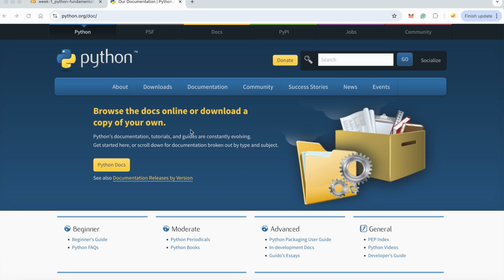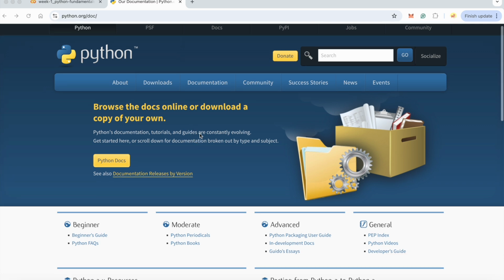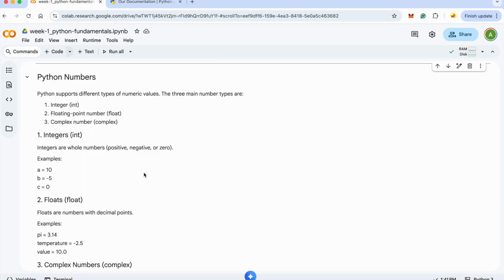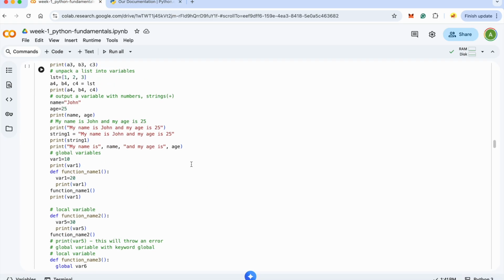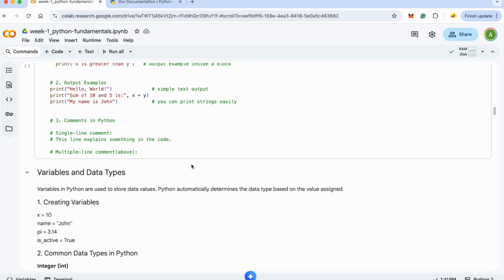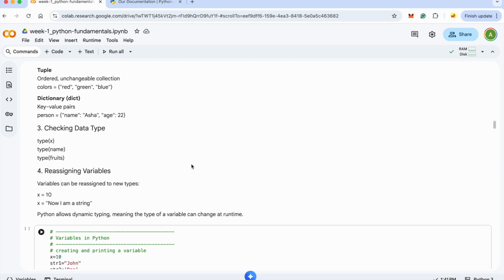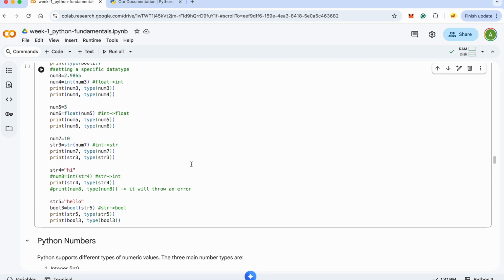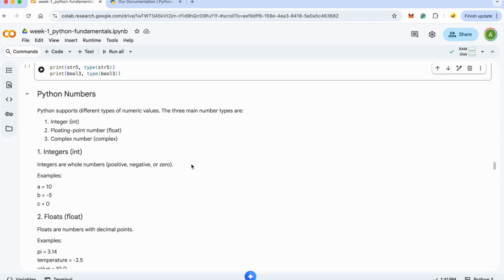I hope you guys have already started and you have also gone through some documentation here as well. Coming back to our worksheet, I think we have already discussed very basic things. We have discussed the variables and the data types. I hope you have gone through it and you have the clarity on it. So let's start with